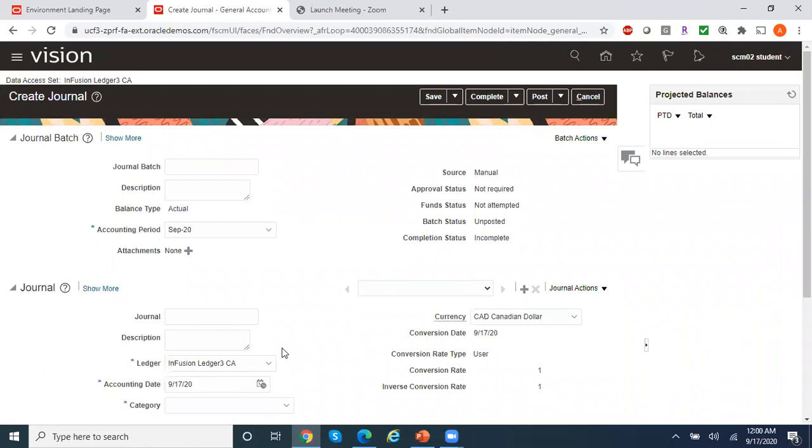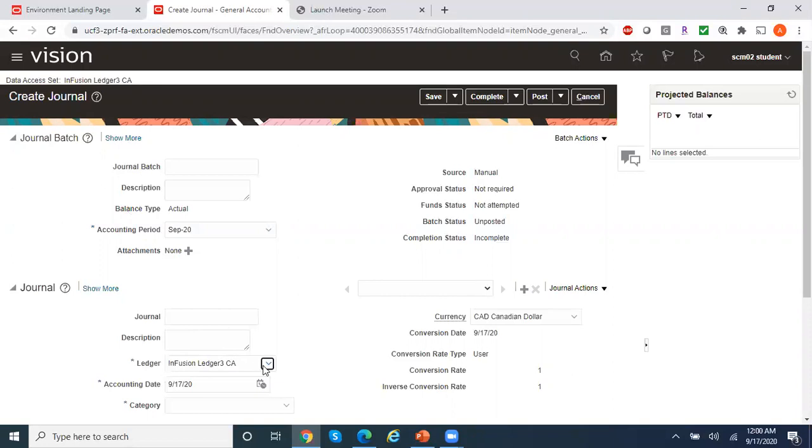So if I have a requirement to enter journals for multiple ledgers, I need to do this repeatedly, going back to the previous screen, change the data access set, and then come back to the screen and then continue. But if I have an access to the ledger set wherein I'm grouping these two ledgers, then in the same screen, I need not go and change the data access set there. I can just come to the screen and I can continue the data entry here.